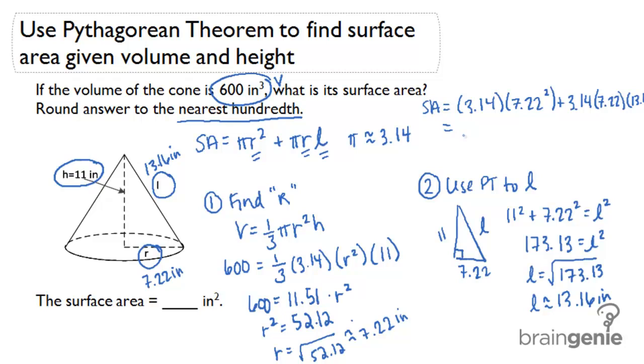Now if I multiply and add this out, if I do 3.14 times 7.22 squared, I would get 163.68. And then if I do 3.14 times 7.22 times 13.16, I would get 298.35. And if I add those together,